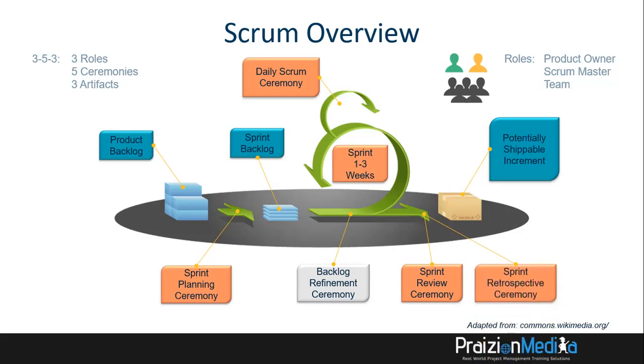The very final thing that happens, we call it the sprint retrospective ceremony. And this is where the team inspects and adapts. They take a look at how well the sprint went and how things could be changed, what went well, what didn't, where are the opportunities of things we need to improve on. They understand that and they put that back into either the product backlog to be worked on sometime later or even in the next sprint. So that could make its way into the sprint backlog during the next sprint. And that is Scrum in a nutshell.